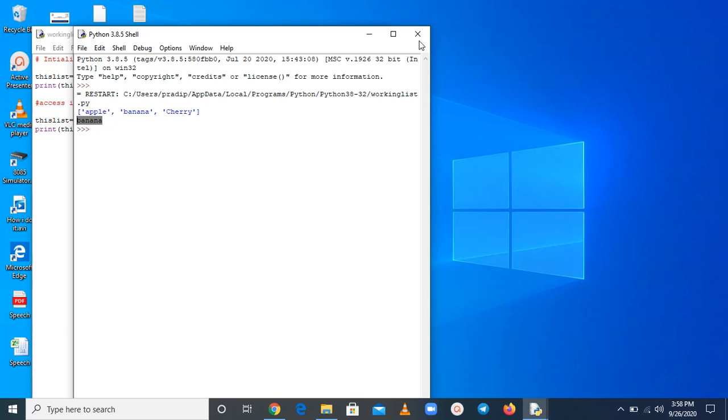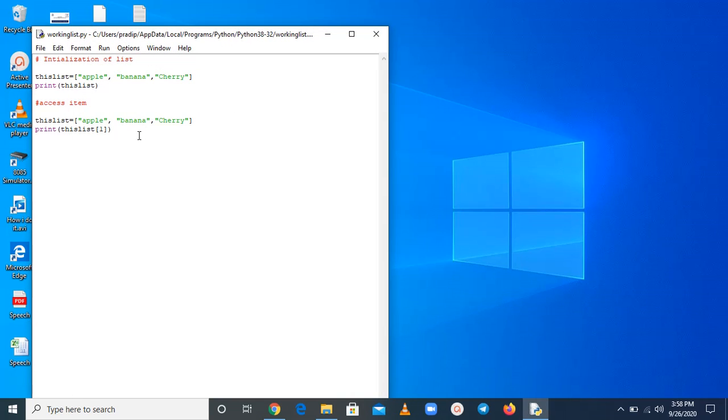Now, talking about the third thing, negative index. Just check the concept of negative index, what we are talking about. This will be -1, -2, -3. So, what you have to do?